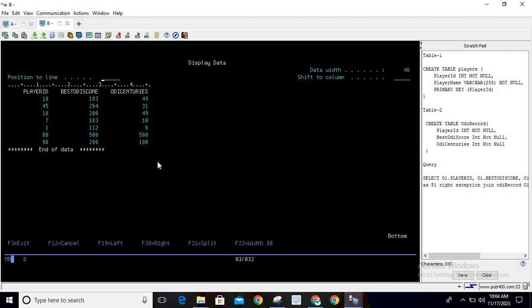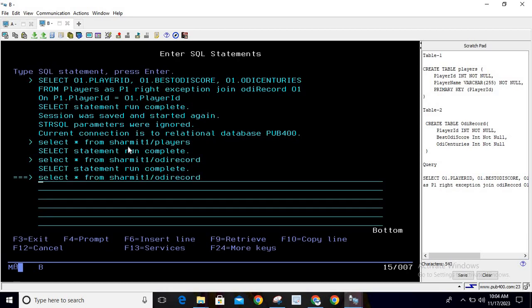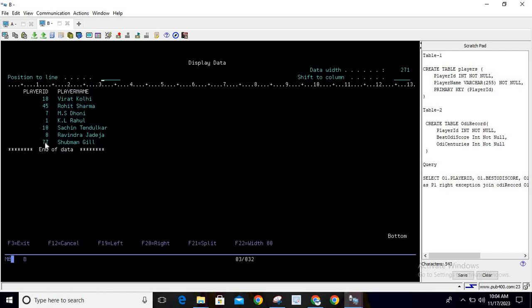Okay. If I hit enter, you can see there are some records that do not have any matching record in the players table. For example, 80 and 90. Player ID 80 and 90 do not have any matching record in the players table. So let's see again. You can see there is no record for player ID 80 and 90. So we are interested only in those player IDs which do not have any matching record in the left table, or players table. So to achieve this,